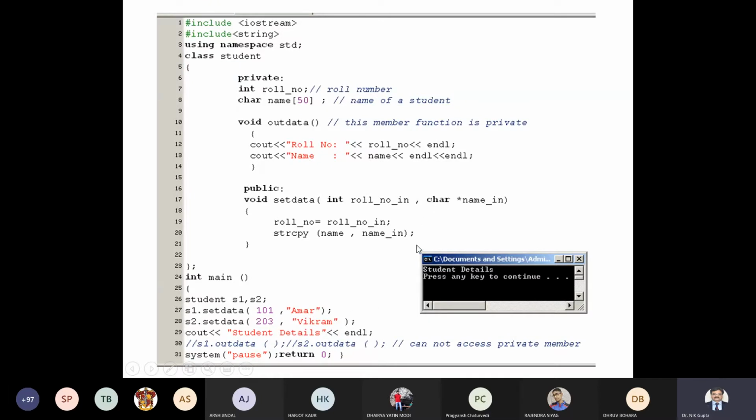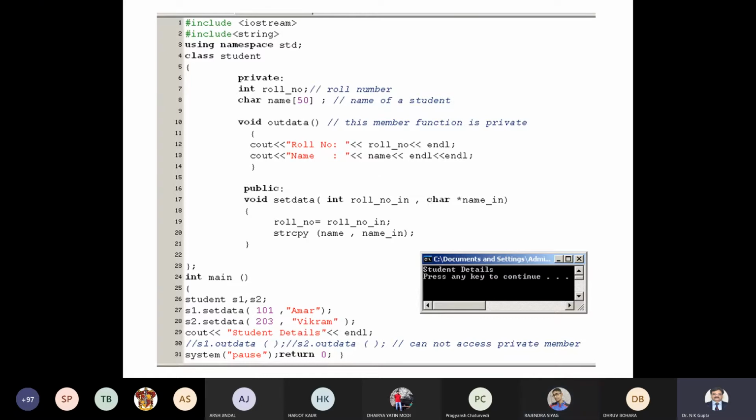You are passing this string. It is very well taken by this char pointer. Now inside this you will observe one thing: I am not writing name is equal to name_in. I'm writing strcpy, because that function works with a char array. strcpy takes name, because this was the name of the array, comma, and whatever string I passed over here will be copied into this. strcpy is a function.